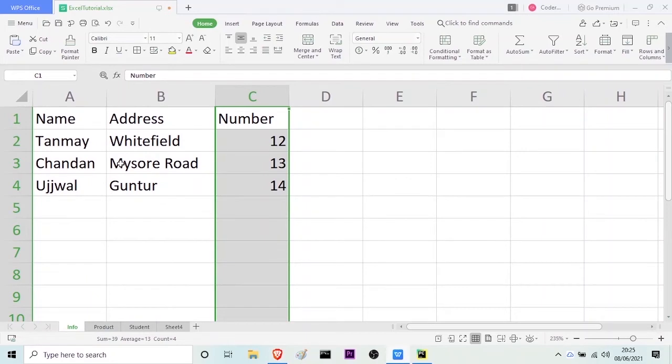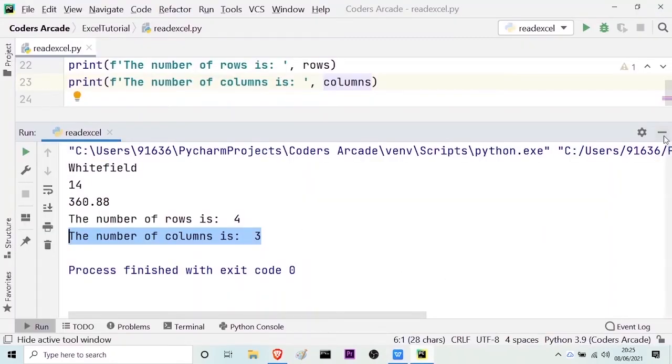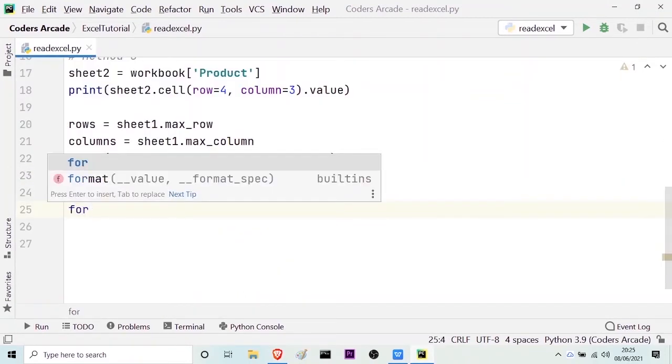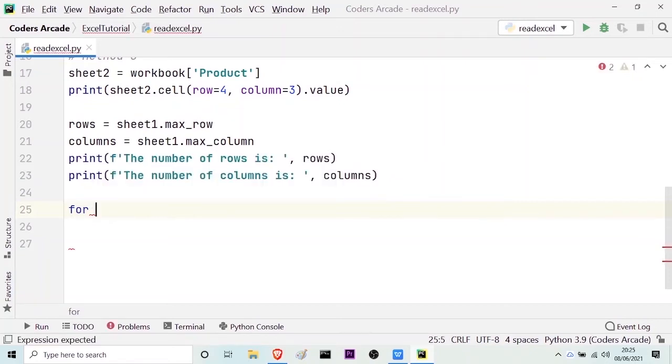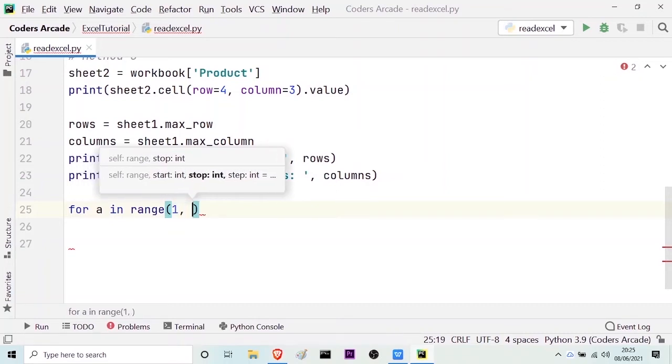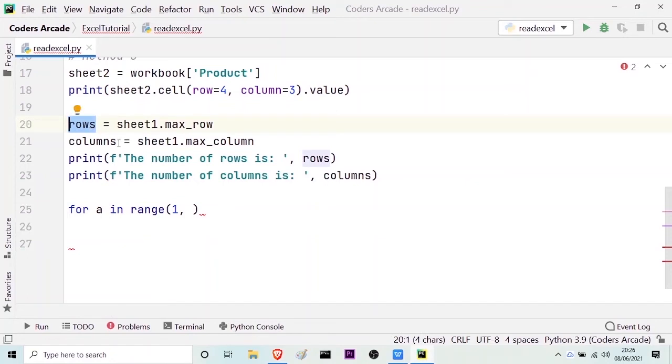So it will be a nested for loop. So let me just show it to you. Let me minimize this thing, and here, let me start writing the for loop. For, let me take the loop variable to be say a in, so I have to take the range. As we saw that the row numbers start from 1 to 4, so we can take 1 then comma, and here this is the number of rows and this is the number of columns. So what I will do is I will take rows,